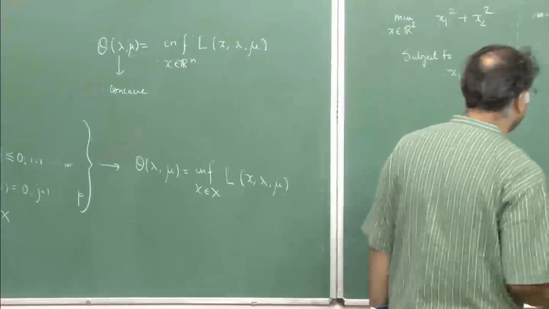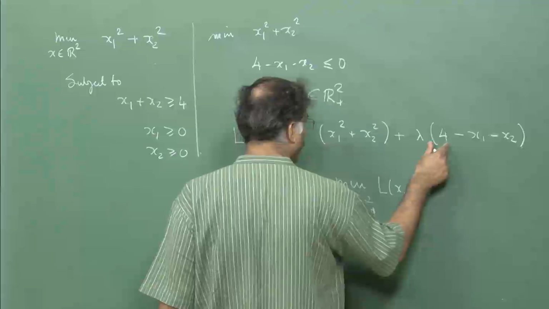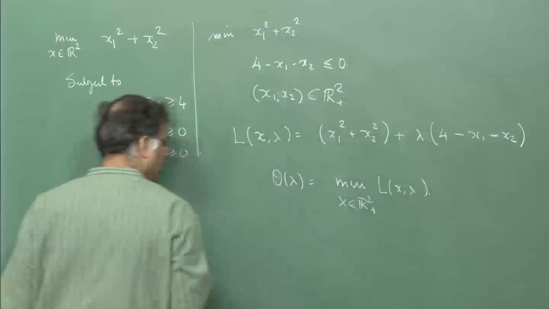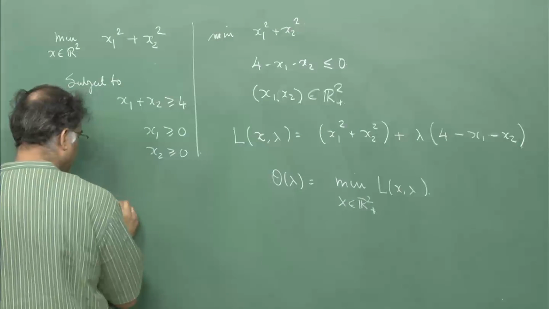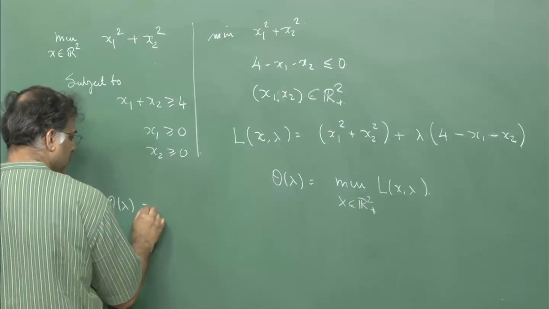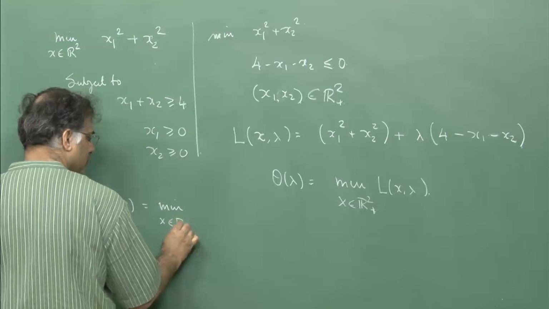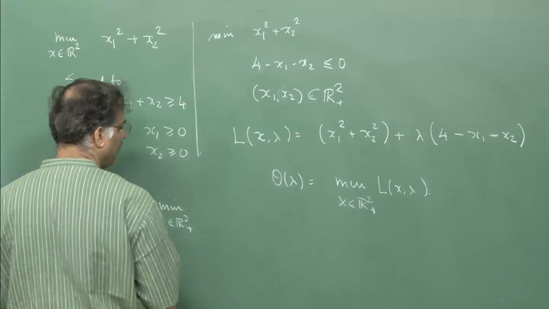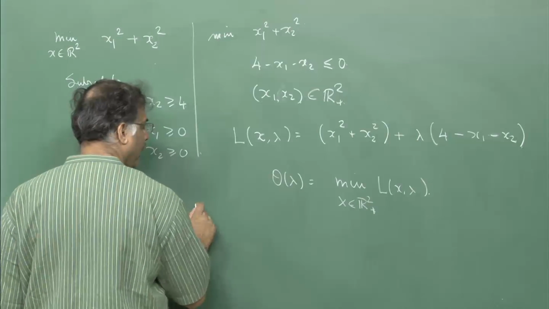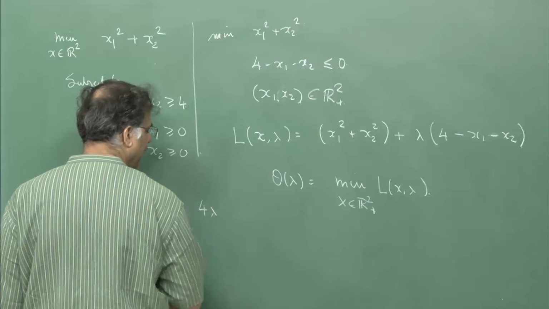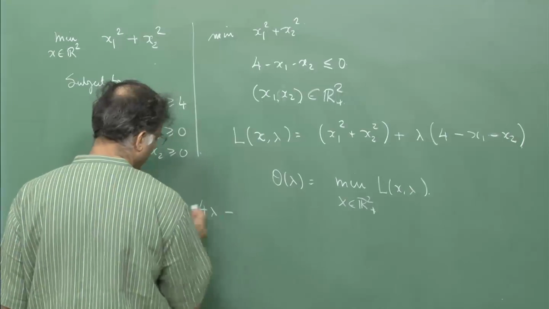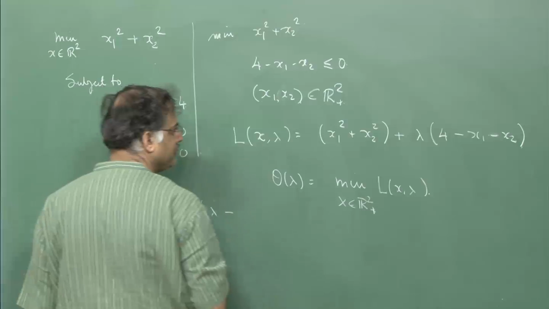Here you see lambda is fixed, so 4 lambda is something which I can take out. So, if I want to now find theta lambda, basically I am calling for the minimization of, let me now write the thing in a proper way. So, 4 lambda is something I need not bother about, and you can take it outside the minimization, plus